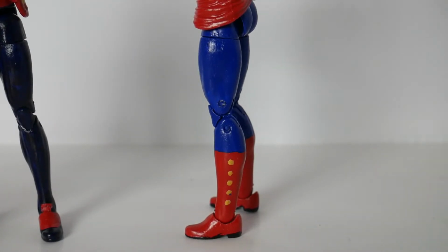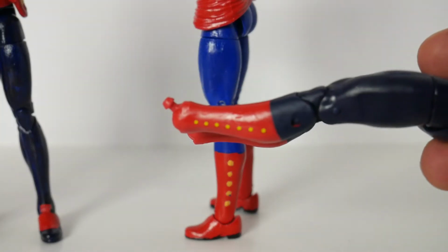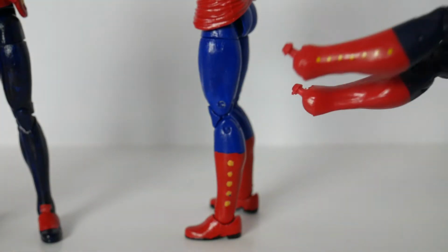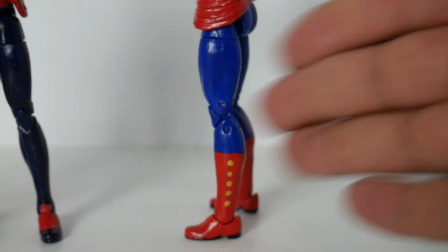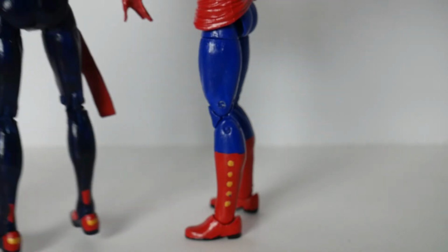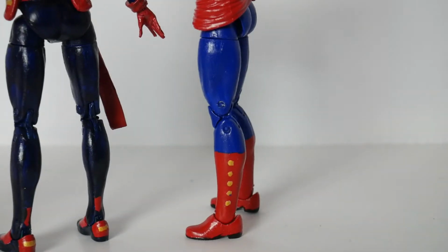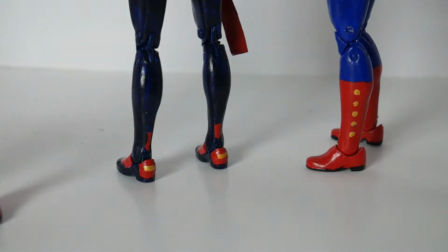I painted those on for this particular figure, which is more or less how they handled it at Hasbro. They just painted those on. It's not the same amount of buttons, but they did this with a machine, I did this by hand. Differences, you know, it is what it is. But other than that, that's the only real detail on these legs. For these legs, for the Ultimate Alliance version, we just have this little red splotch on the back, but no real